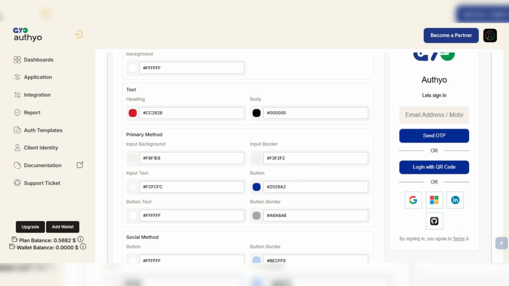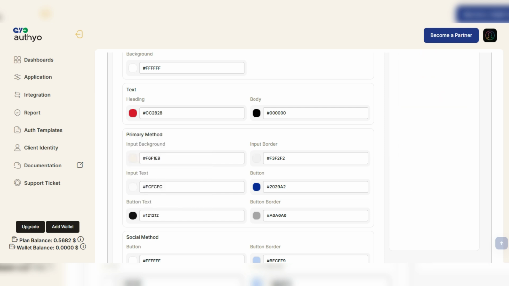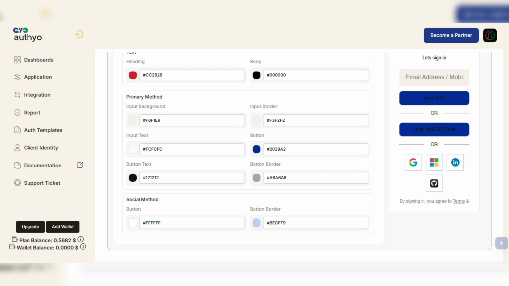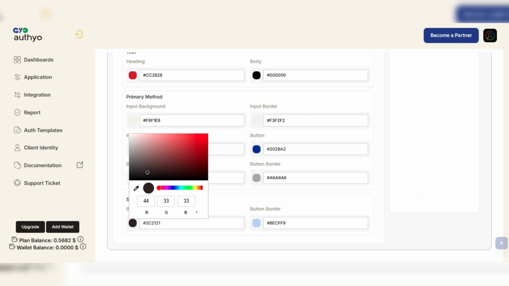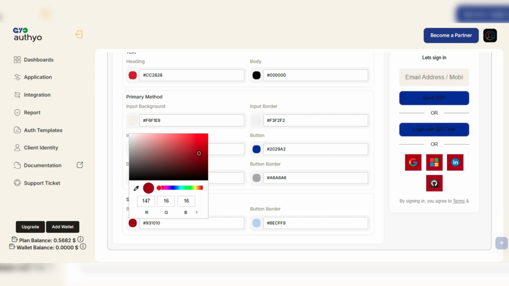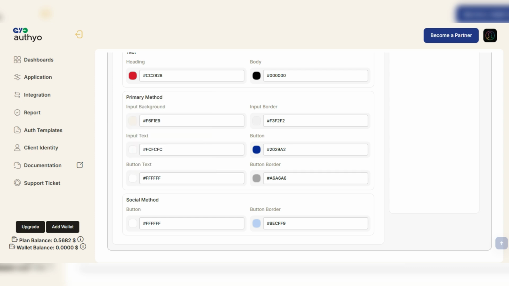Under the Primary Method section, you can style the OTP login area, including input field background, text, borders and the primary button's background, text and border. Below that, in the Social Method section, you can customize the colors and borders of social login buttons for a cohesive design. A live preview on the right shows your updates in real time.